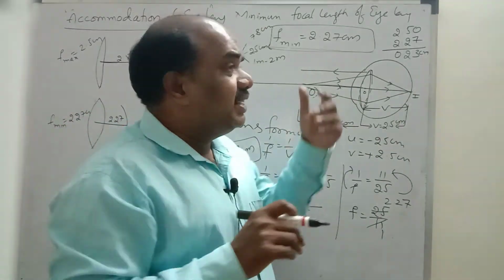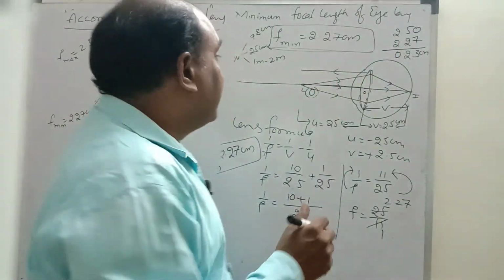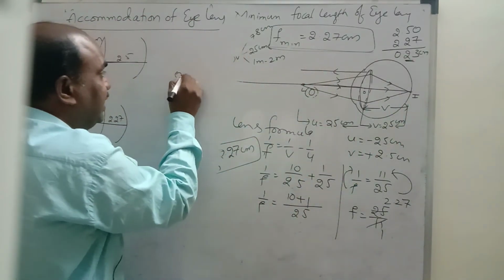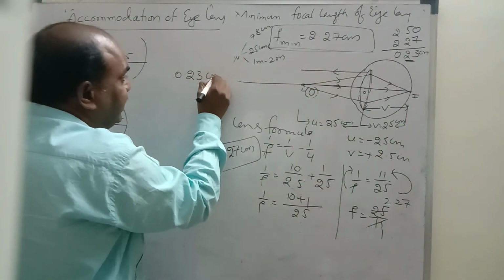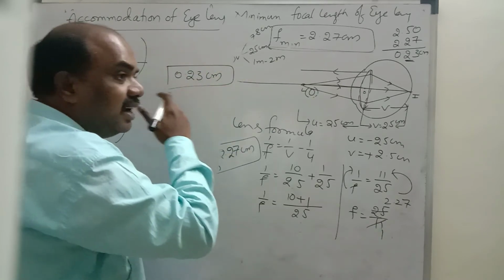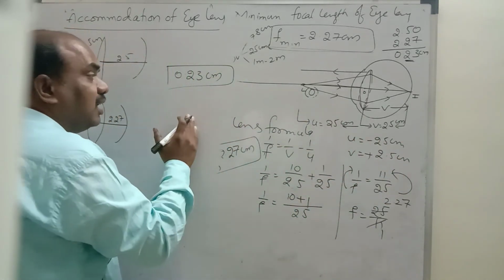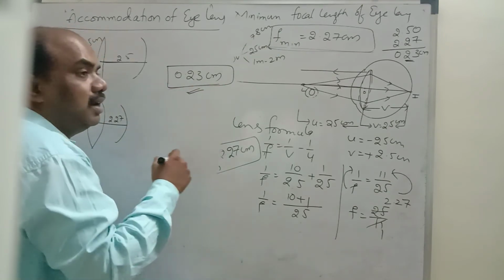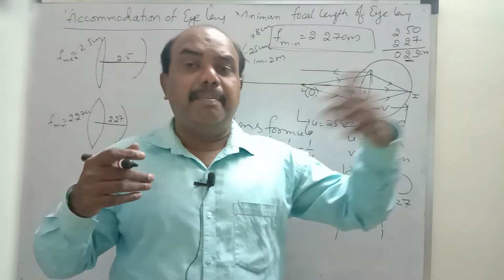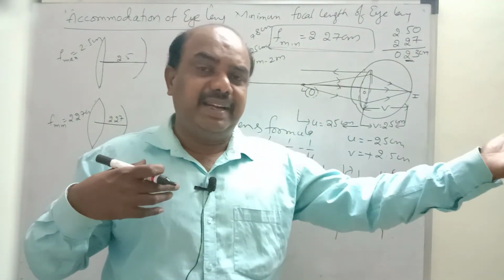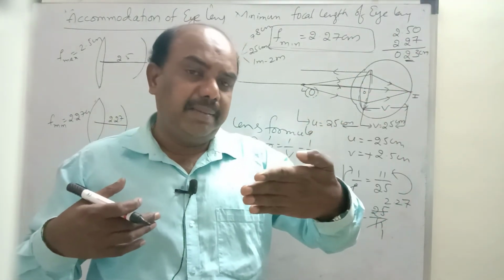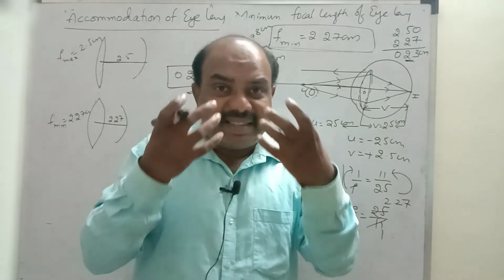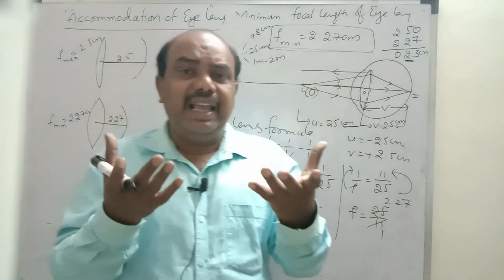So why can't we see a 100-meter distance? Because our maximum limit is 0.23 centimeter only. After this extent, our eye lens cannot expand or contract. So the limit of the eye lens is 0.23 centimeter. Beyond 6 meter, the maximum limit of a human being is up to 6 meter. Minimum distance is 25 centimeter. If you place a textbook very close, the eye muscles feel strain, so we cannot see clearly.